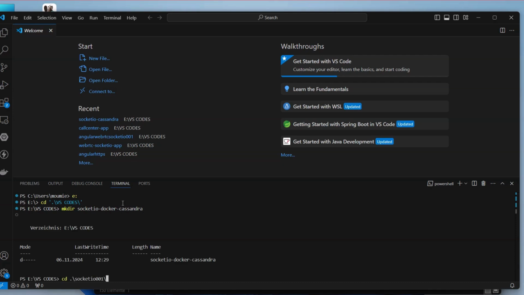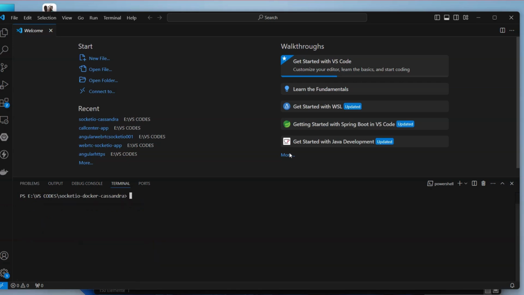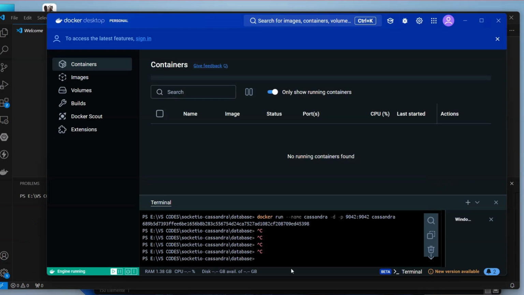Then we can come to that socket IO Docker directory. So we are inside that directory. We clear everything, and then we can now come into our Docker here and try to go back also to that same folder. So we are there, and then what we have to do now is to install Cassandra in Docker. In order to do that, we just have to write